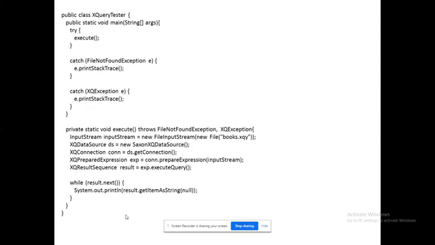How we are accessing the data source, how we are getting the connection. After establishing the connection, how the data is being retrieved from our xquery file, from XML through xquery. Finally, the result is stored in the corresponding object. So that object needs to be iterated. That is the reason why it has been given in a while loop.